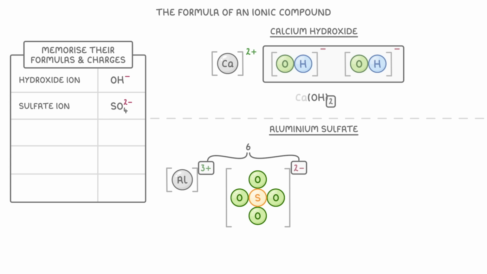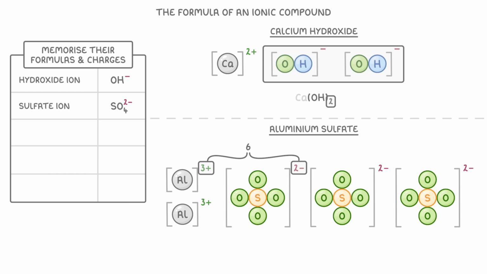So to get a positive 6 charge, we'd need 2 of these aluminium 3 plus ions. And to get a negative 6 charge, we need 3 of these 2 minus sulfate ions. So now that we have 2 3 plus ions and 3 2 minus ions, the charges balance out, and the overall formula would be